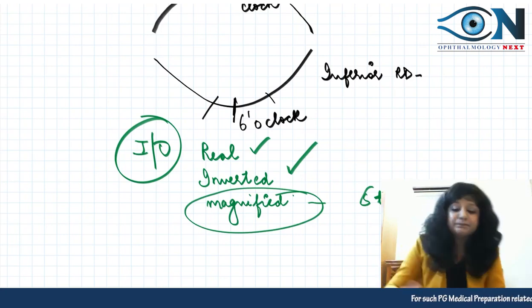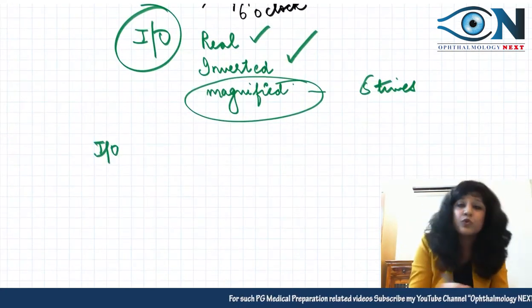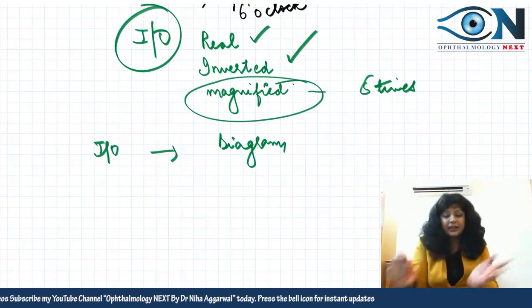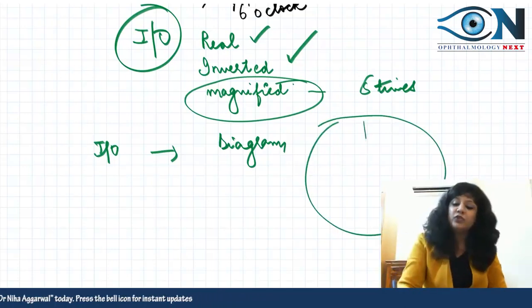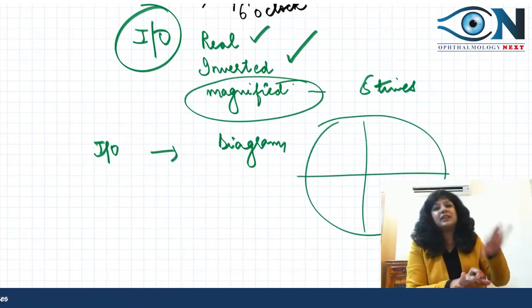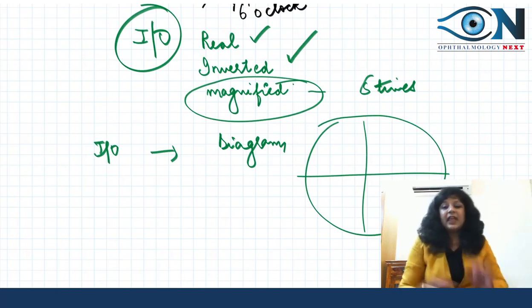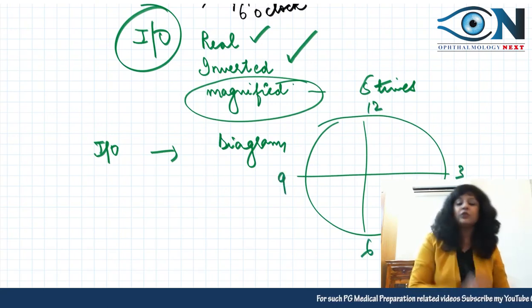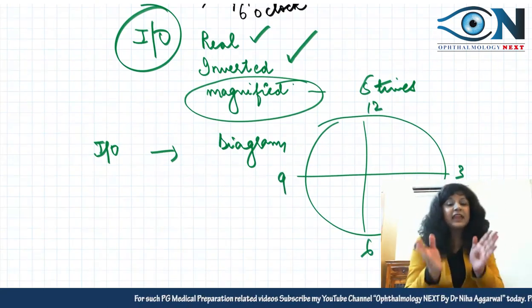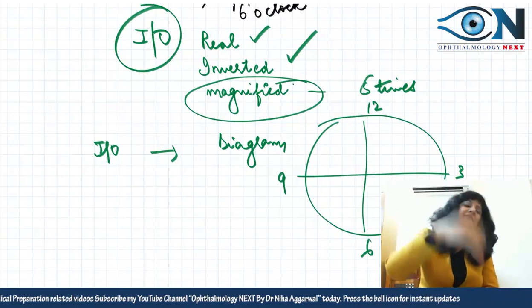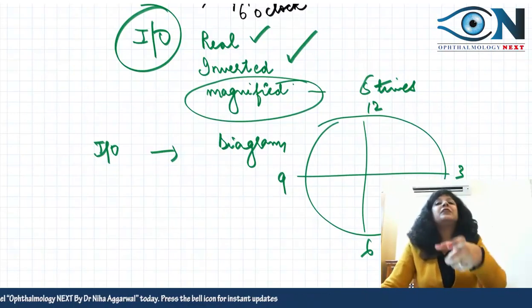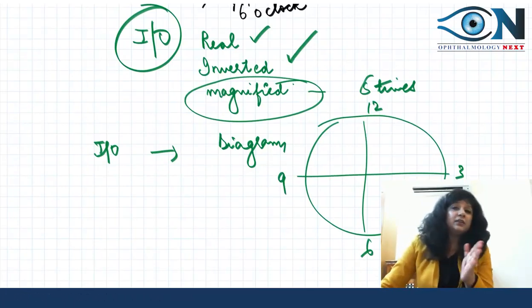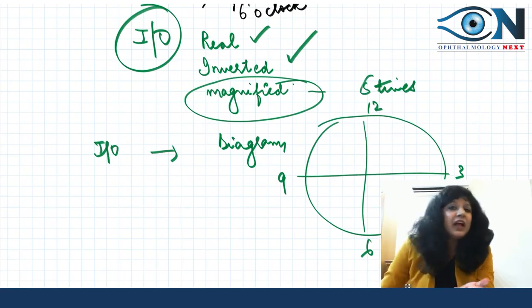So what is the good way? When you do indirect ophthalmoscopy, make a descriptive diagram and don't invert it. Draw exactly the way you are seeing. Suppose this was your 12 o'clock and this was your 6 o'clock, this was 3 o'clock, this was 9 o'clock. After doing it, then completely reverse it, flip it, and that will be the real picture of the retina. So that is the ideal way we do things before going for the surgery, otherwise it will be a whole mess.